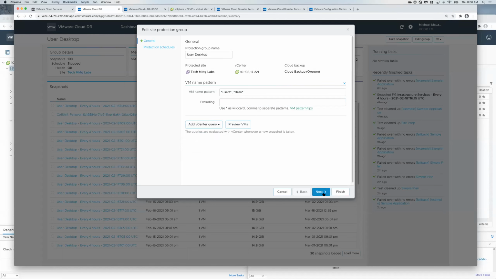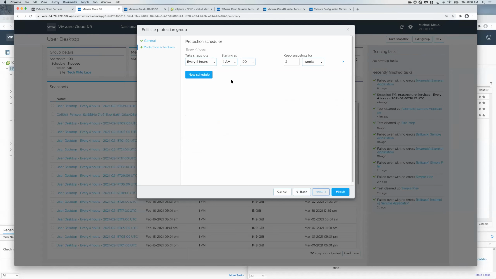Once it's done, I can then build schedules. So this one runs every 4 hours. I could have one run every night, and I could even have one run every week. All right, so I can build a very complete protection strategy here, and maybe I'll keep these for 2 months, and I might keep these for 4 months as an example. So I can have different schedules, different retention policies. I can set up a very